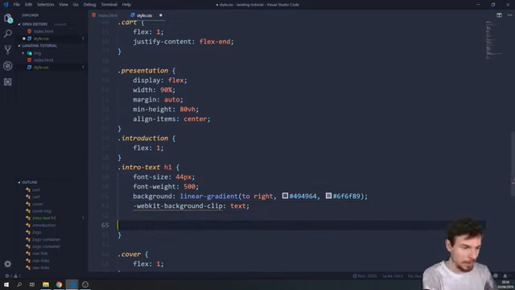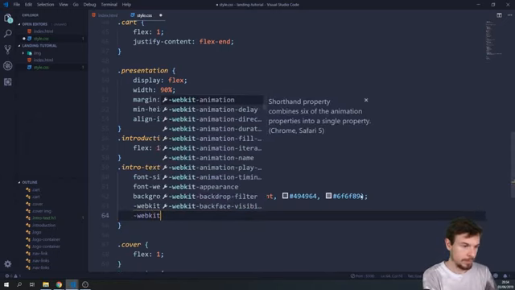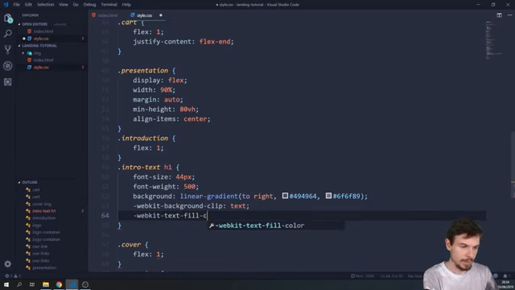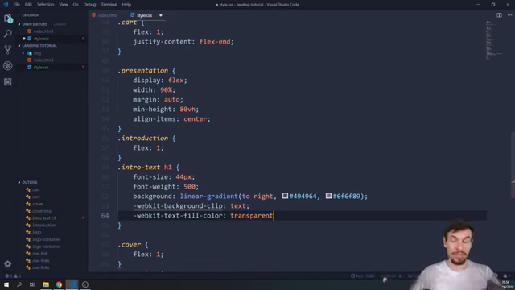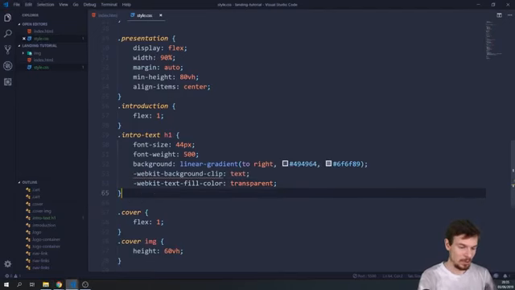And then what we do is we get the text. We're gonna say WebKit text fill color, and we're gonna make that transparent. So the background color actually fills up the text color. Whew. Let's take a look. Looks pretty cool, huh? Okay, let's move on to the intro